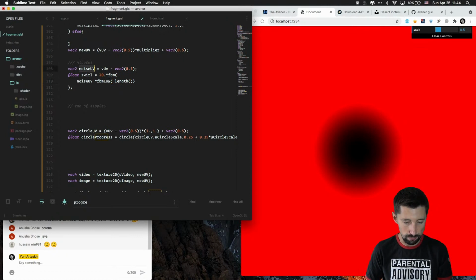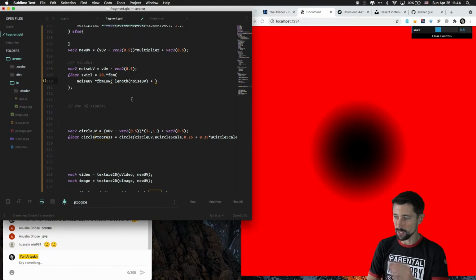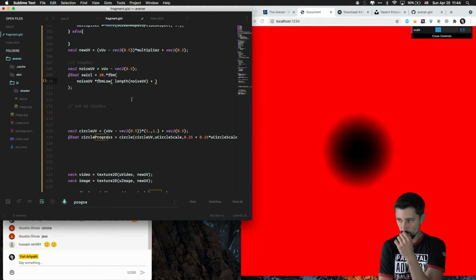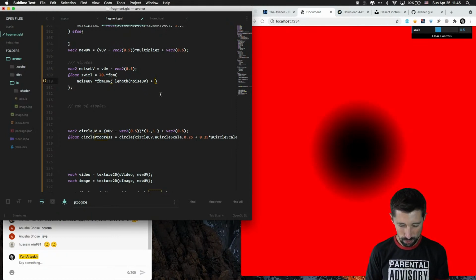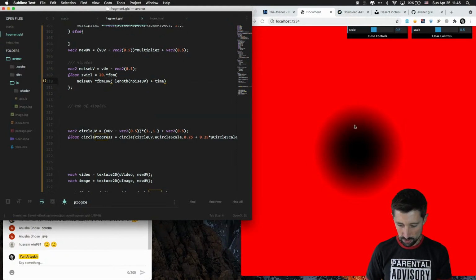The length of the vector is just the distance from the center, and then I could add something here. This has to be a two-dimensional thing, so this is a float value, so I have to add something like two-dimensional here as well. So first of all, I need to add the time, just so the time is running, and let's see